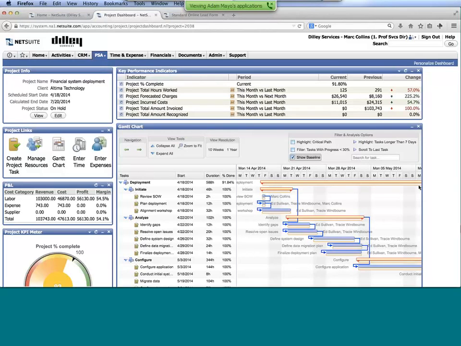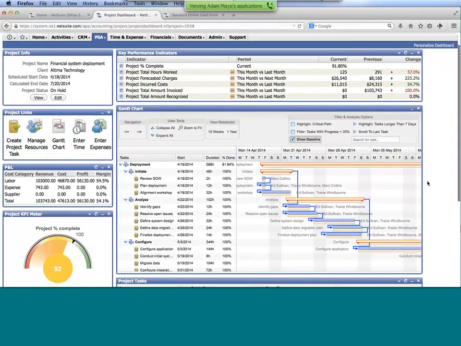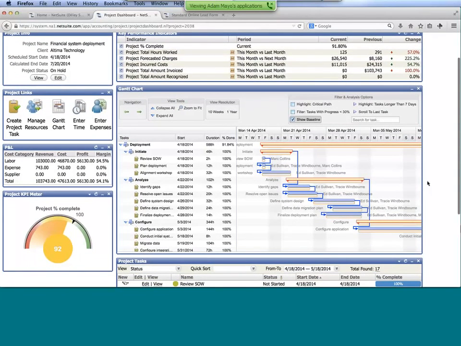You're seeing a great visual or Gantt chart within here and being able to visually see where we are, being able to compare against the baseline to see where we may be delayed or off of our original plan that we had within here, being able to have those types of details right at our fingertips, as well as looking at things like a project P&L to understand from a labor or expense or even third-party suppliers what's impacting our project from both a revenue and a cost standpoint, ultimately driving profitability and the margin.